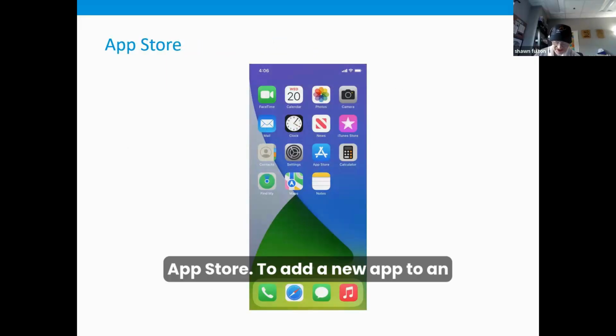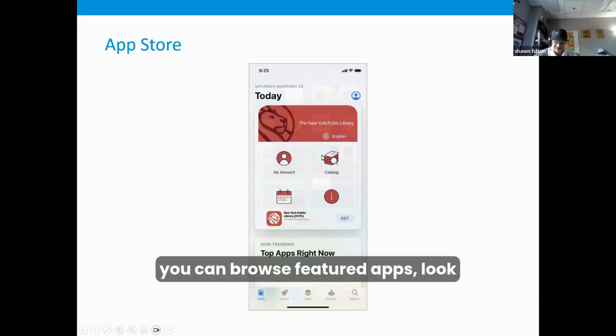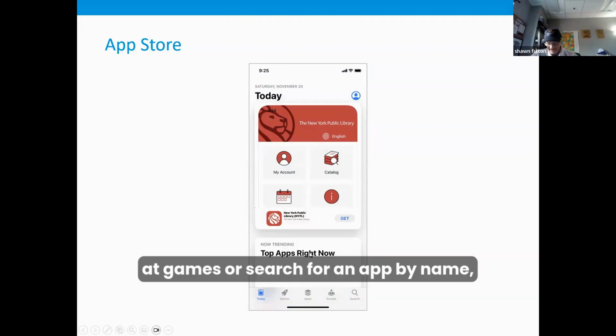The App Store. To add a new app to an iPhone or an iPad, tap the App Store icon located on the home screen. When the App Store is open, you can browse featured apps, look at games, or search for an app by name,